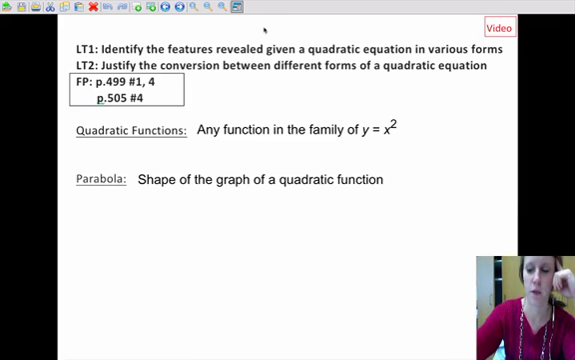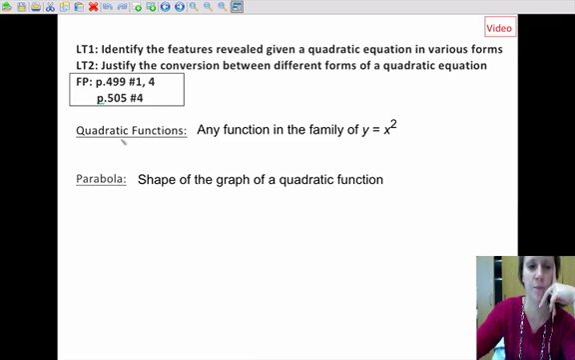Hey guys, so this is our first video for the unit. We've been talking about quadratics and have seen them a lot in transformations when we have stretched and shrunk and reflected and translated graphs. And that was a nice intro to this unit, but now we're ready to get into